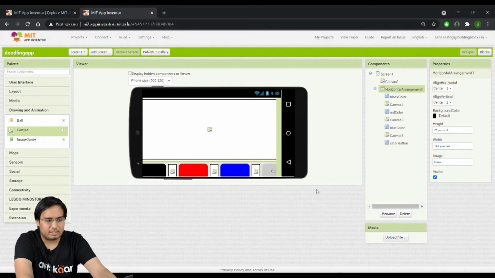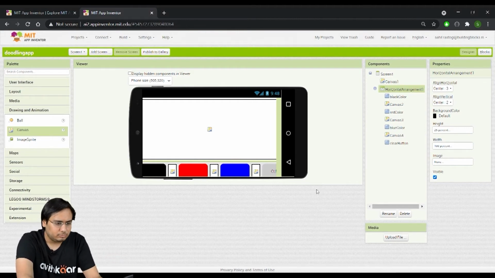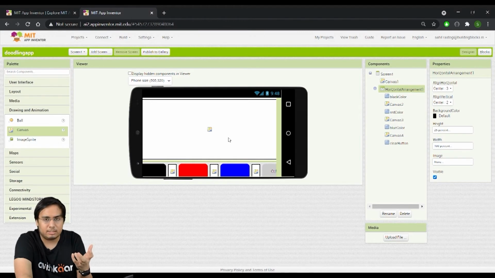Now again, these are the parts which have a lot to do with personal preferences, because this is the design of the app. You can design your app in any way you want to. There's no hard and fast rule that you have to make it like this only. So I think the design of our app is complete. We have added the canvas where we will be drawing with our fingers. We have added 4 buttons, 3 for colors, black, red and blue, and 1 button to clear off the entire screen. So with this, the interface part of the app is complete.